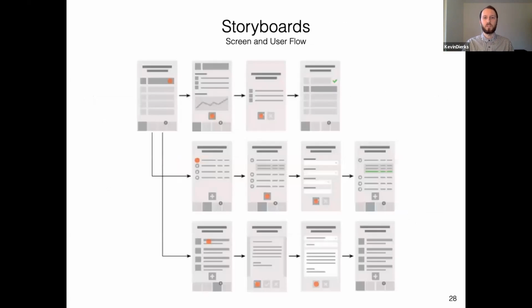And you can go even one step further, which is using storyboards to create screen or user flows. So you want to use your wireframes or your sketches, and you want to try to depict the most common use cases that your user is trying to achieve with your app. So you maybe want to have a happy flow, maybe you have somebody buying something, maybe you also want to suggest other solutions. You want to capture these use cases in your user flow, and these are also going to be important later for your testing.